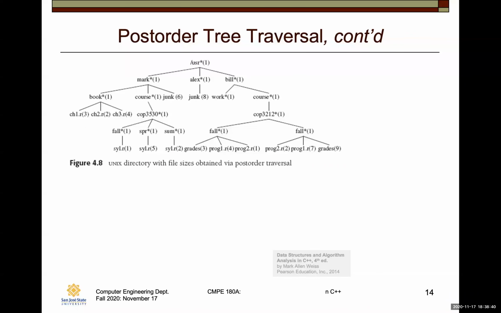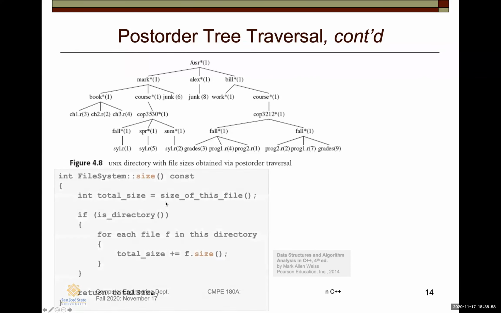All right, so here again is a Unix directory structure, and what we have here are, I guess, the file sizes. Let's see how we were able to calculate all these file sizes. We're going to do a post-order traversal. Now, this code is a little bit confusing because it looks like pre-order, but you can see that